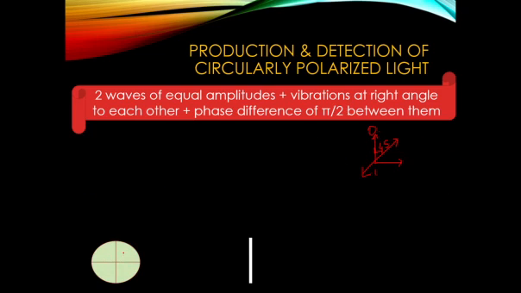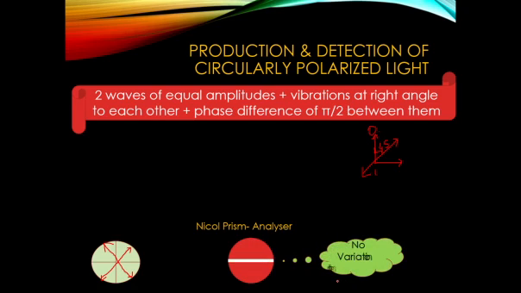Now how do you analyze it? Consider if you are passing it through a Nicol prism, then what will happen? If you rotate the analyzer, at every time it will be parallel to a diameter. In any direction we rotate the analyzer, it will be moving along the diameter, and for a circle, the diameter is the same. So in whatever direction you rotate the analyzer, it will always be parallel to the maximum amplitude, and hence we cannot expect any variation in the intensity.